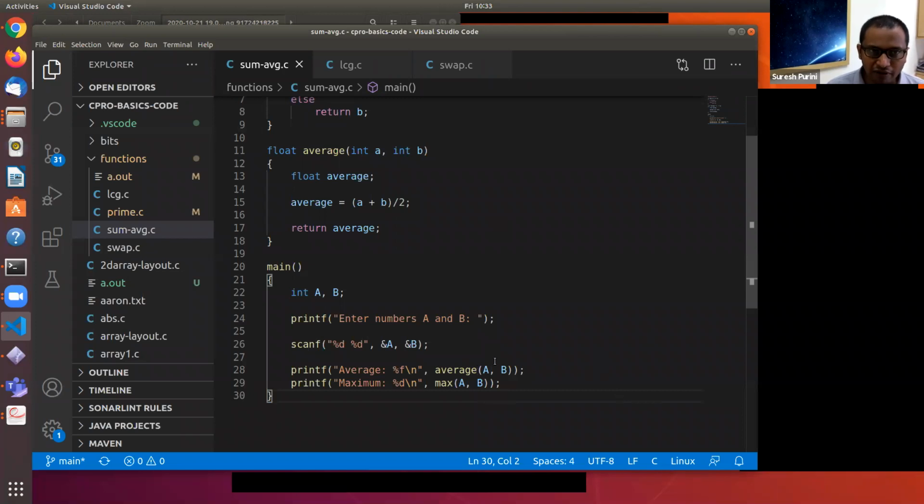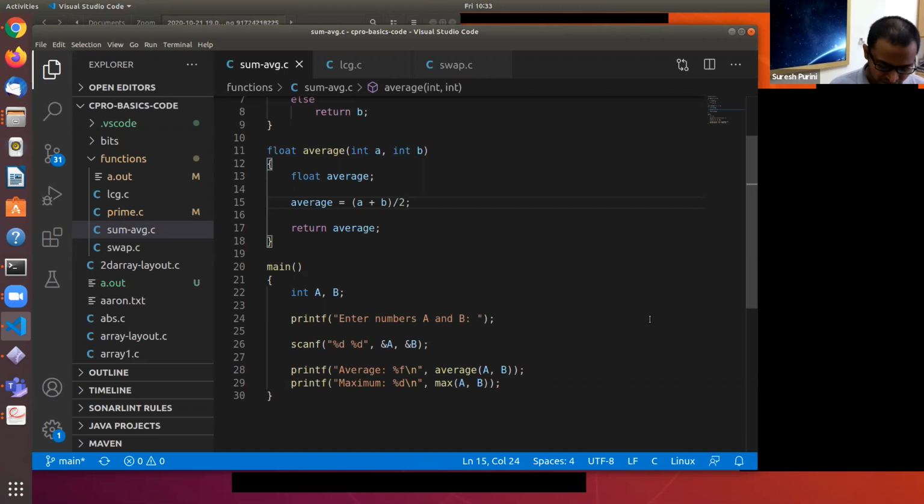We are calling the average function. There is a function called average. It takes two integer parameters and it computes the average of the two integers and it returns that average. So the return value is of type float, whereas the two parameters that are being passed are of type